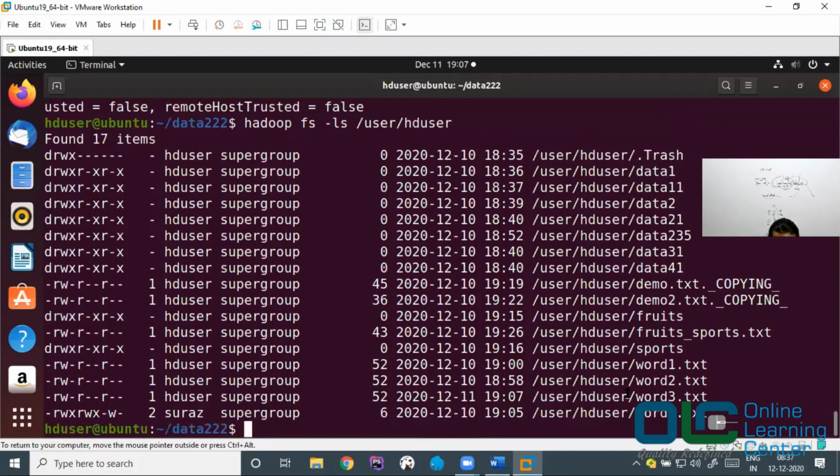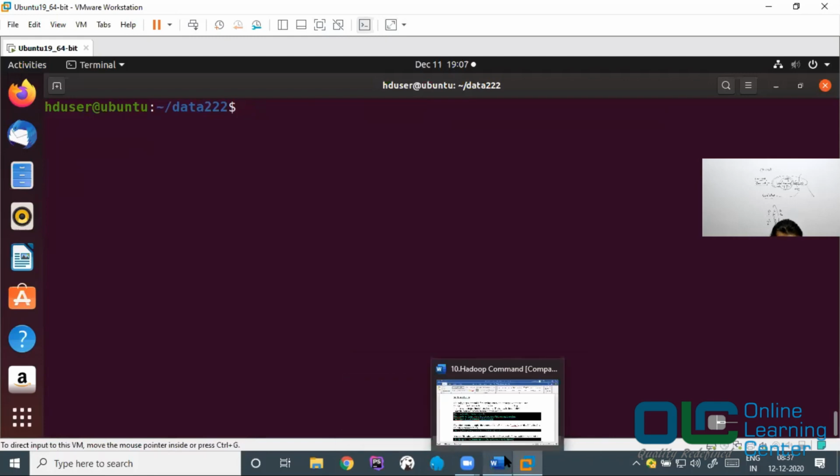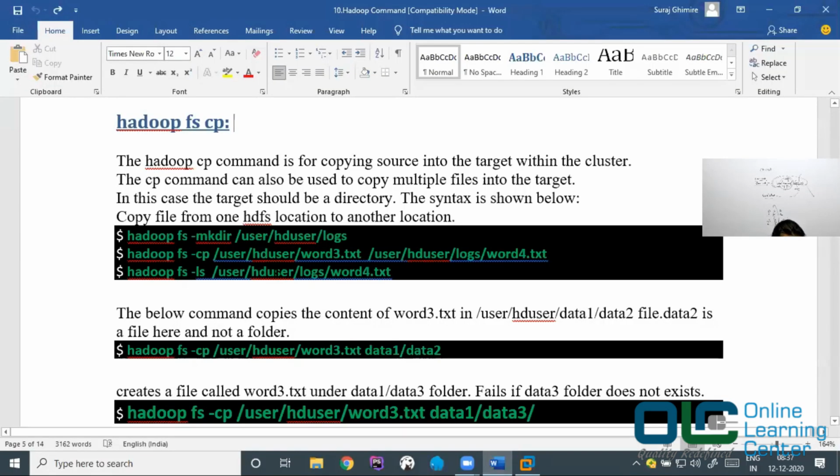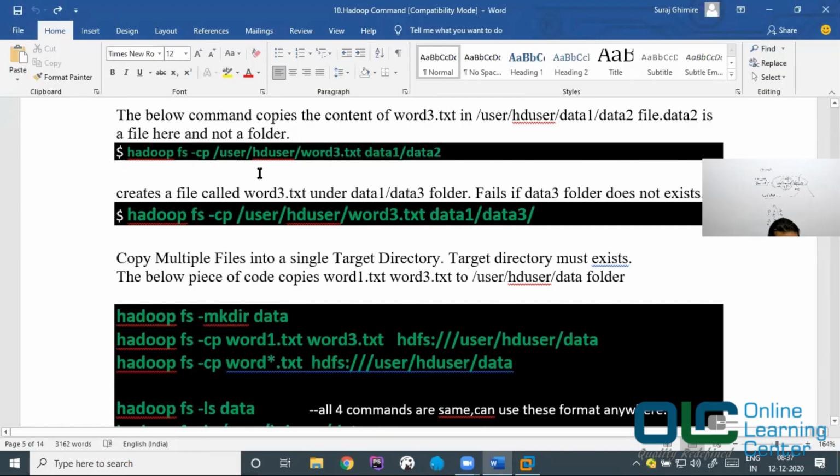Right? So now v3.txt is also present here because we have just copied it from some location. That's where you will use hadoop fs -cp. Okay, let's move on. Now look into this: hadoop fs -cp /user/sd/user/v3.txt